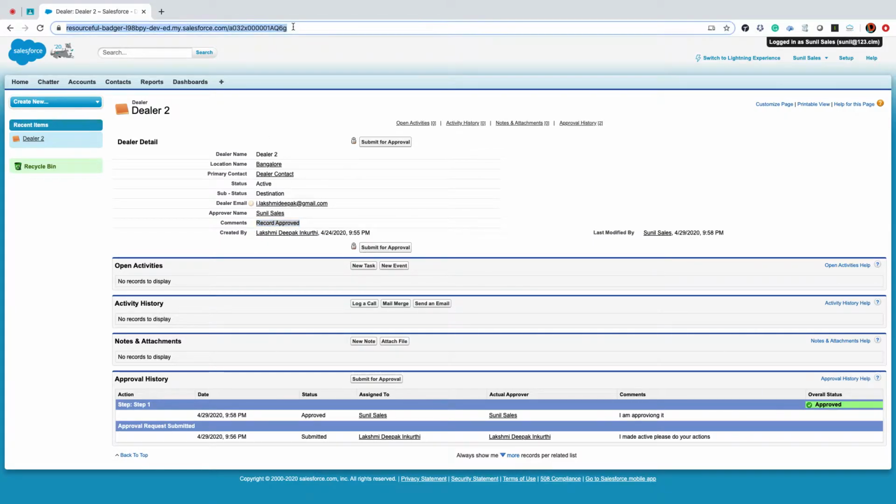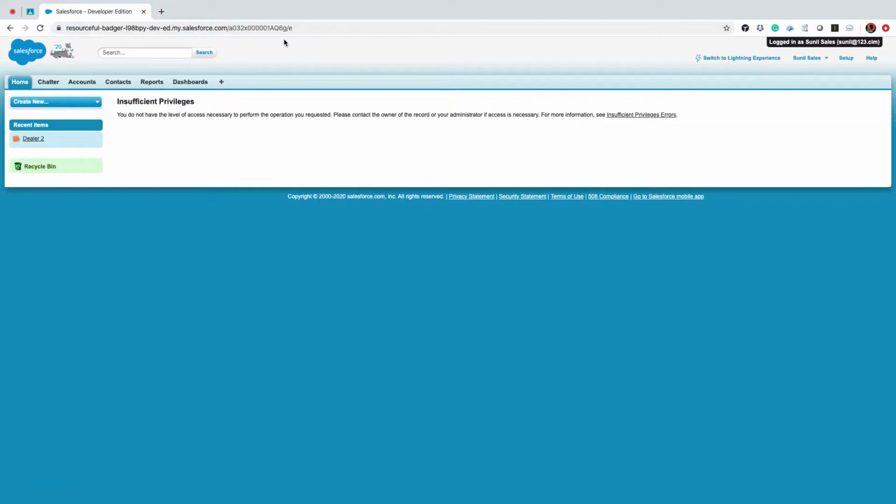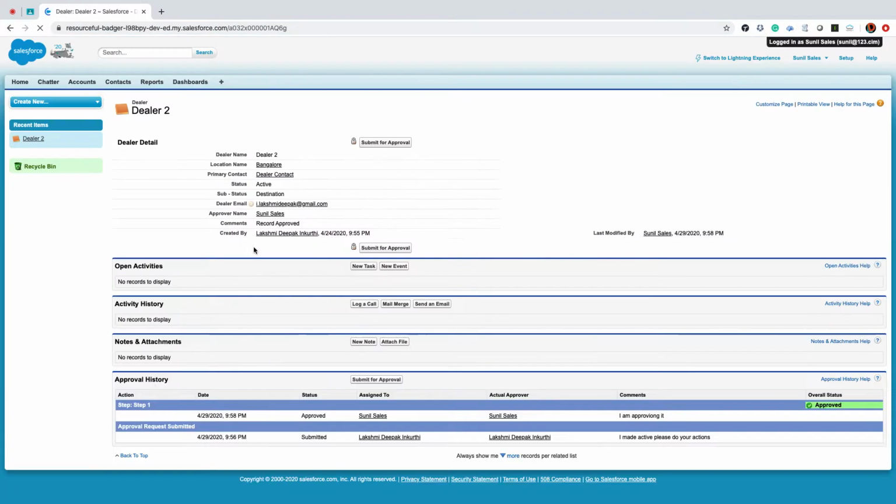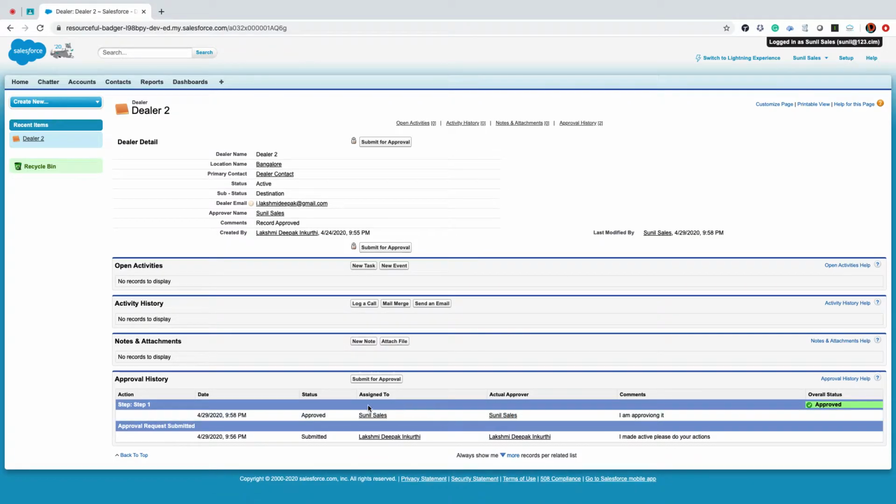But unfortunately, this user has no edit permission. He doesn't have the privilege to edit the record directly. But how is he able to update? Through the approval process, even a person with no edit permission on the record can still approve the data.